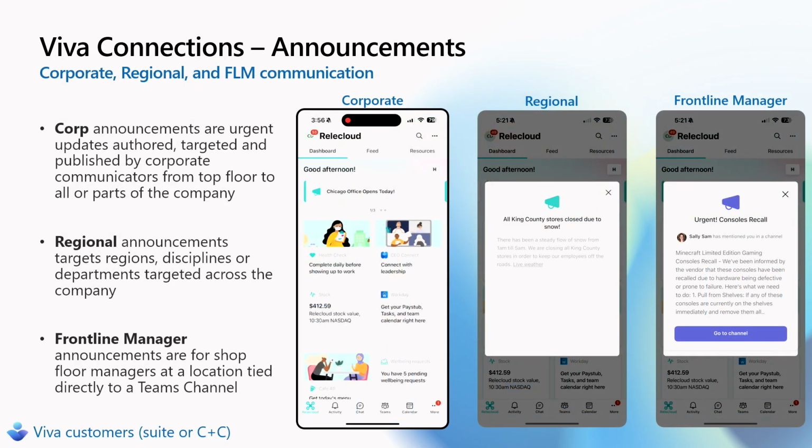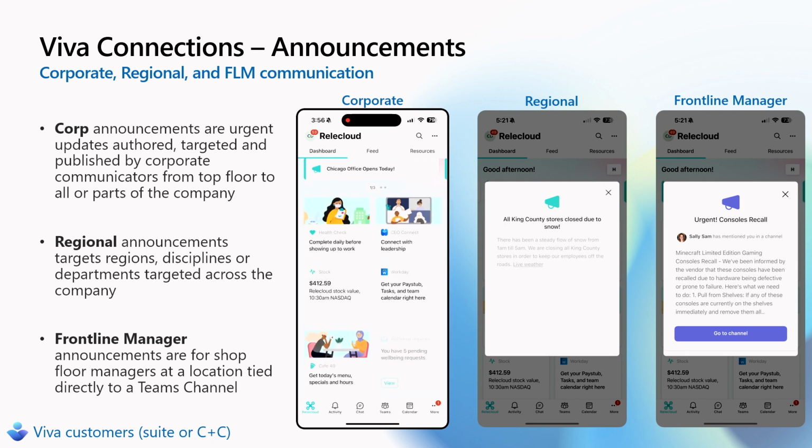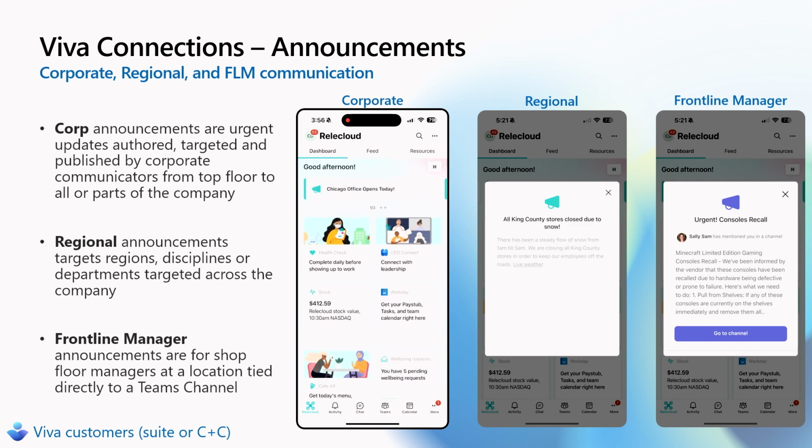Now, near and dear, we talk about communication in the news. A big thing that Connections just shipped was announcements. And announcements in news, the way we look at announcements is this is a thing you need to know. News is a thing that is good to know, but announcements, sometimes you absolutely need to know it. An acquisition, a store closing, changes in hours.